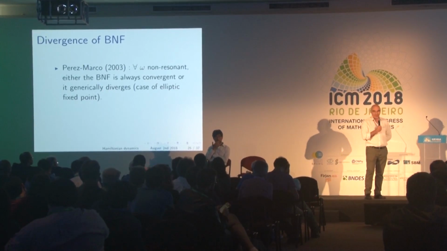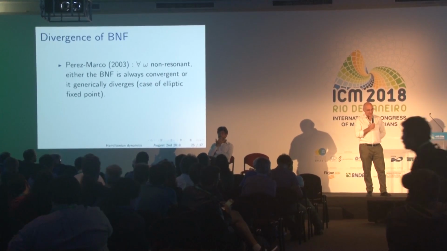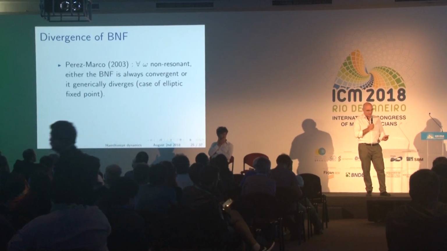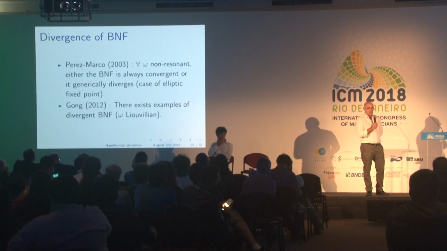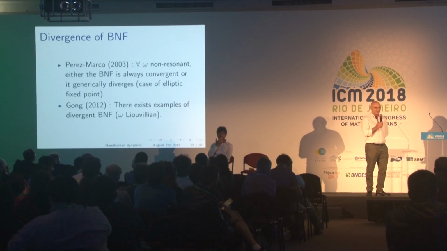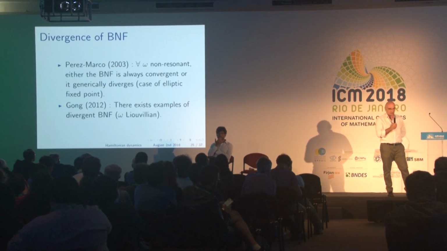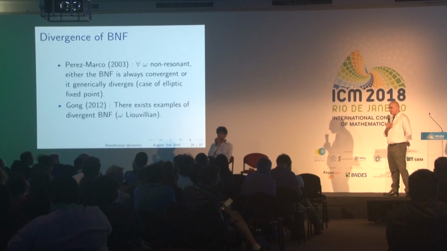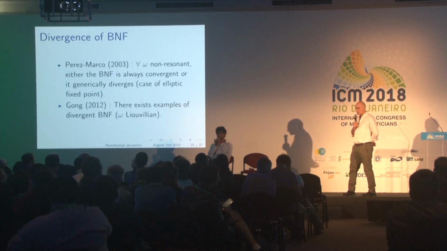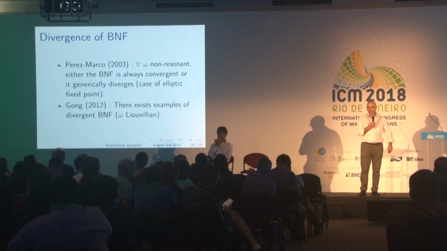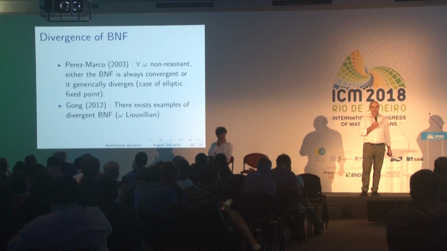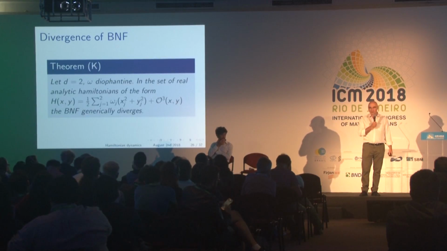Of course, you want to know which part of this alternative is true. If you assume that omega is very Liouvillean, there are examples constructed by Gong of divergent BNF, but omega in that case is Liouvillean. And so basically you want to understand what happens in the more general case, and in particular when omega is